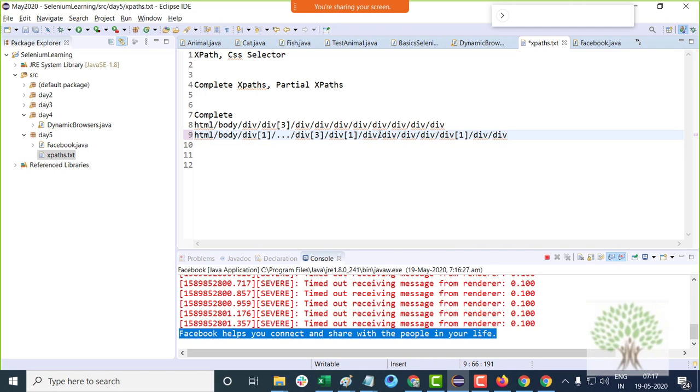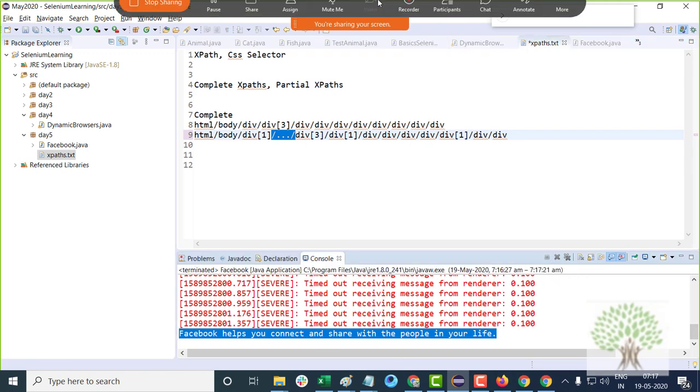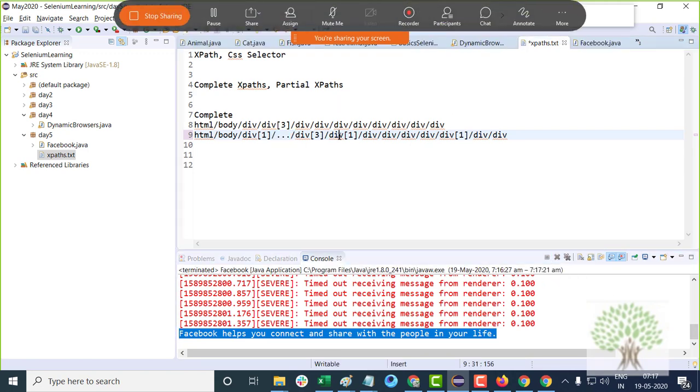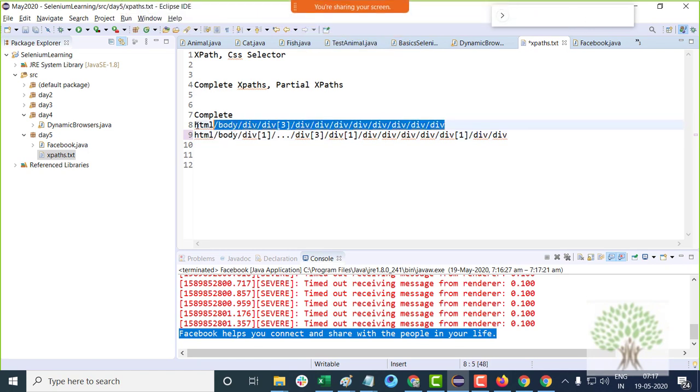Then most of the XPaths will change in the application because maybe the new tag is added in the very beginning of the page, at the very root of the page. So we don't prefer to use this XPath, but it is very accurate. Okay, it starts from the root and it goes down to the element.